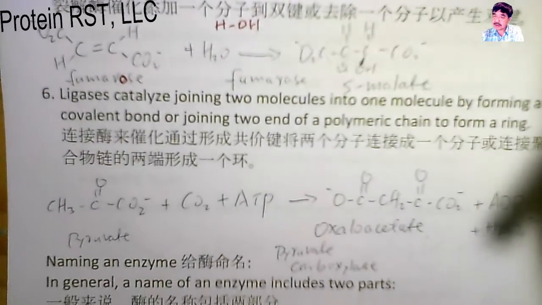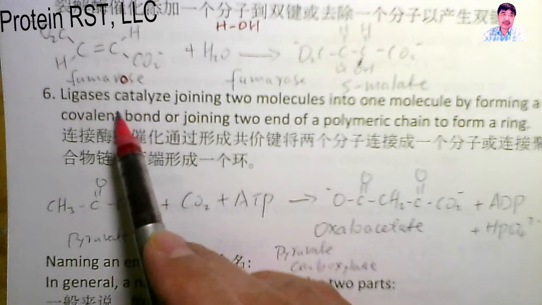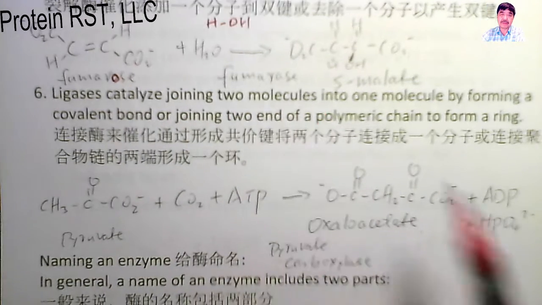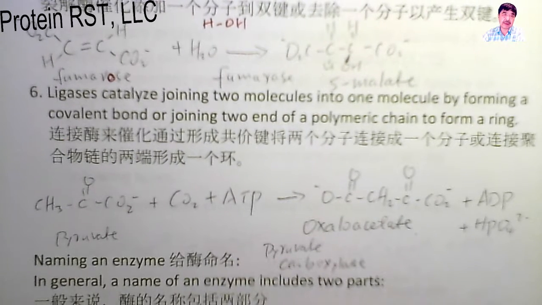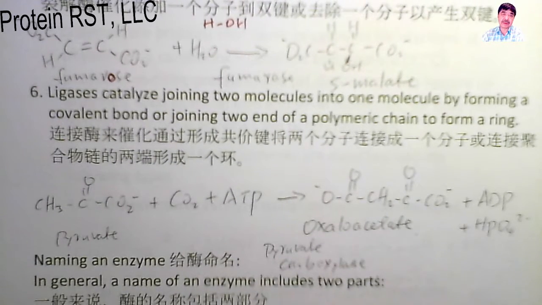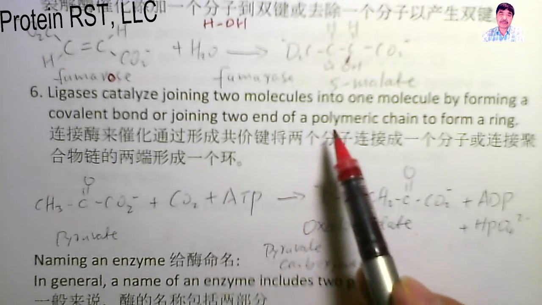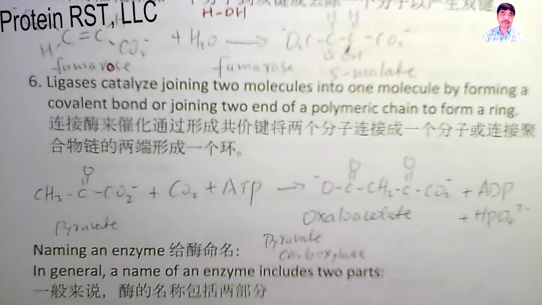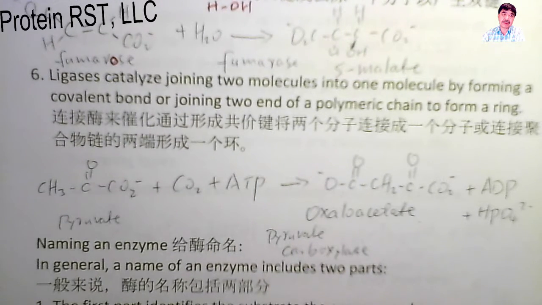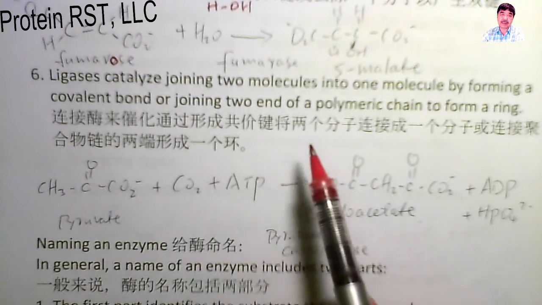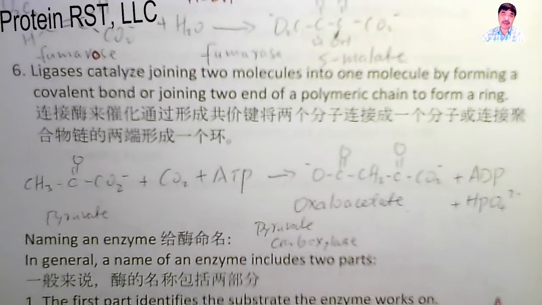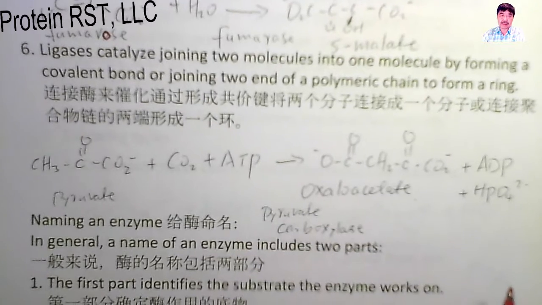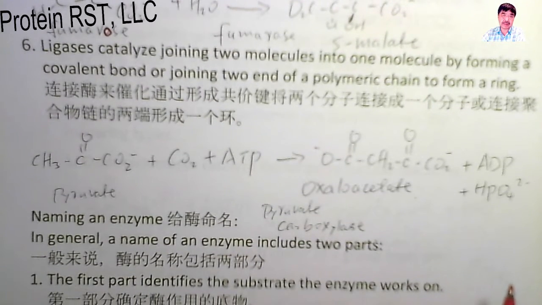The last type is called ligases. Ligases catalyze joining two molecules into one molecule by forming a covalent bond or joining two ends of a polymeric chain to form a ring. The example is pyruvate